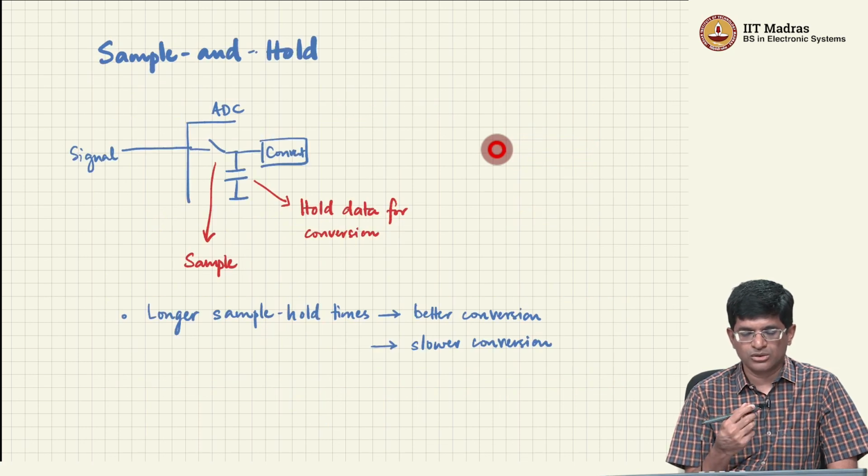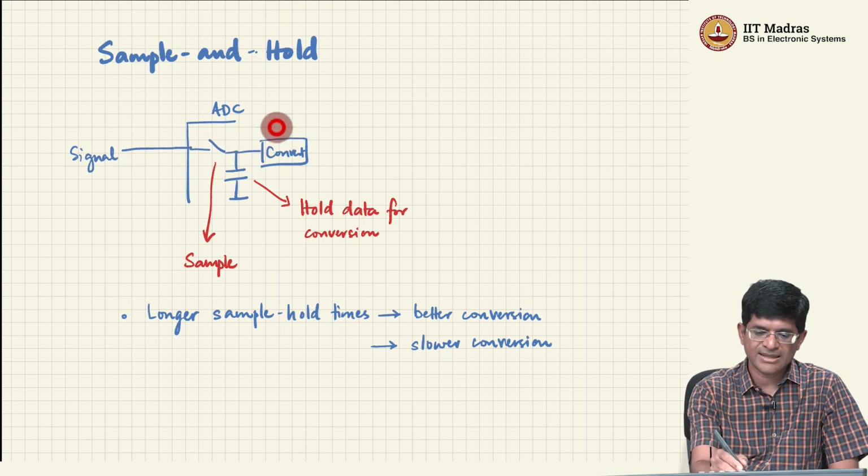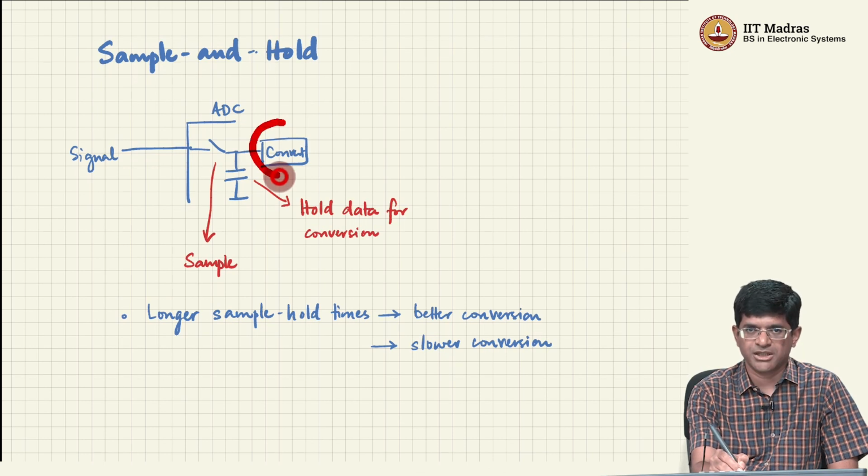Now there is also a notion of what's called the sample and hold circuitry inside an ADC, which is basically saying that you have a signal. Before you can convert it into a number, the conversion takes a certain amount of time, because there is some circuitry which actually goes through a few steps in order to convert. So what do you do? During that time the signal might change. To prevent that from happening, you briefly close one switch over here,